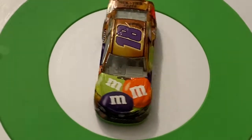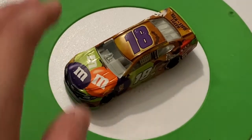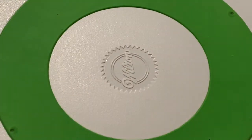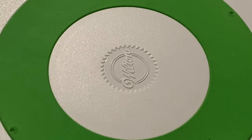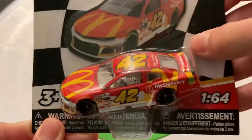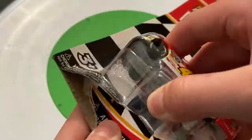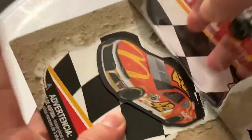The 4th of July or Memorial Day paint schemes are pretty cool. The Halloween paint scheme is obviously very cool. They usually run a Halloween paint scheme, usually at the Talladega or Martinsville race. I don't actually know if they're running a Halloween paint scheme this year. Probably will, though. Let's move on to the Kyle Larson car that is actually not even listed on the Lionel